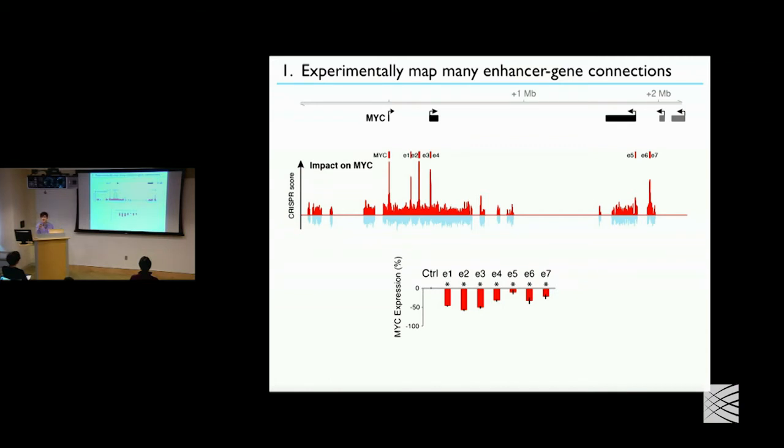Yes. Good question. How big is your window for this tiling? We don't really know. We chose to hit these regions because in the slide that I showed you previously where we had mapped K27 acetylation, these were the regions that had K27 acetylation. But you could imagine that maybe we should extend the window farther, up to 10 megabases or something. And we didn't. There had never been any enhancers that had been reported to be, say, 10 megabases away from the gene, and so we didn't think it was reasonable to do that.